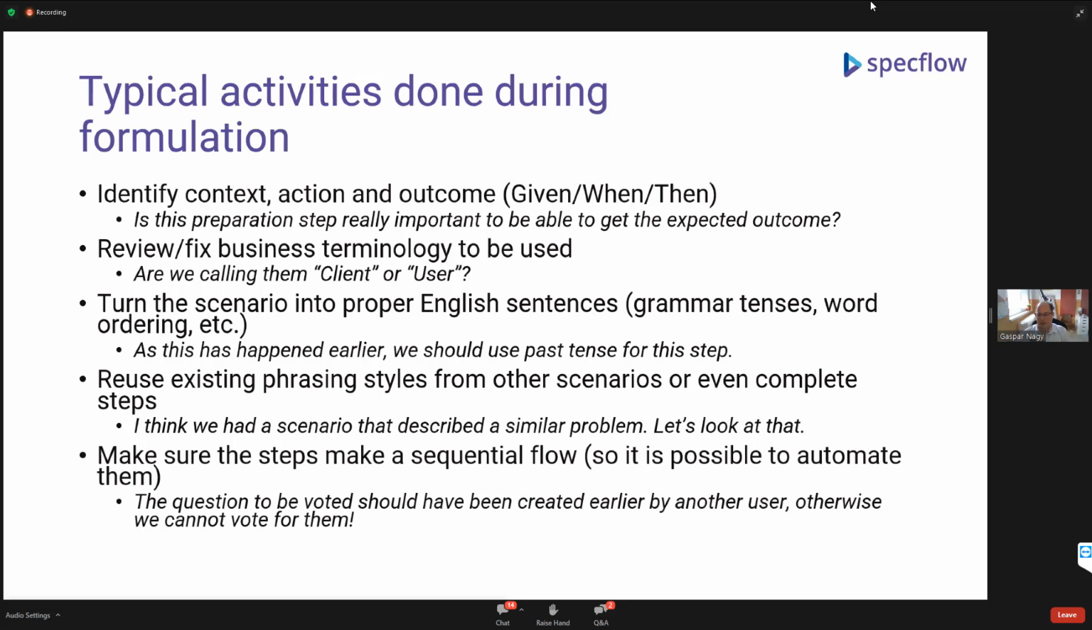The way the BDD tools are automating the scenarios, they are automating these steps in a sequential order. So somehow we need to also verify that. So maybe a question has to be voted on earlier by another user, because otherwise you cannot vote on them. So maybe we just need to change the order of the steps. That's also happening sometimes during a formulation session. So maybe with these